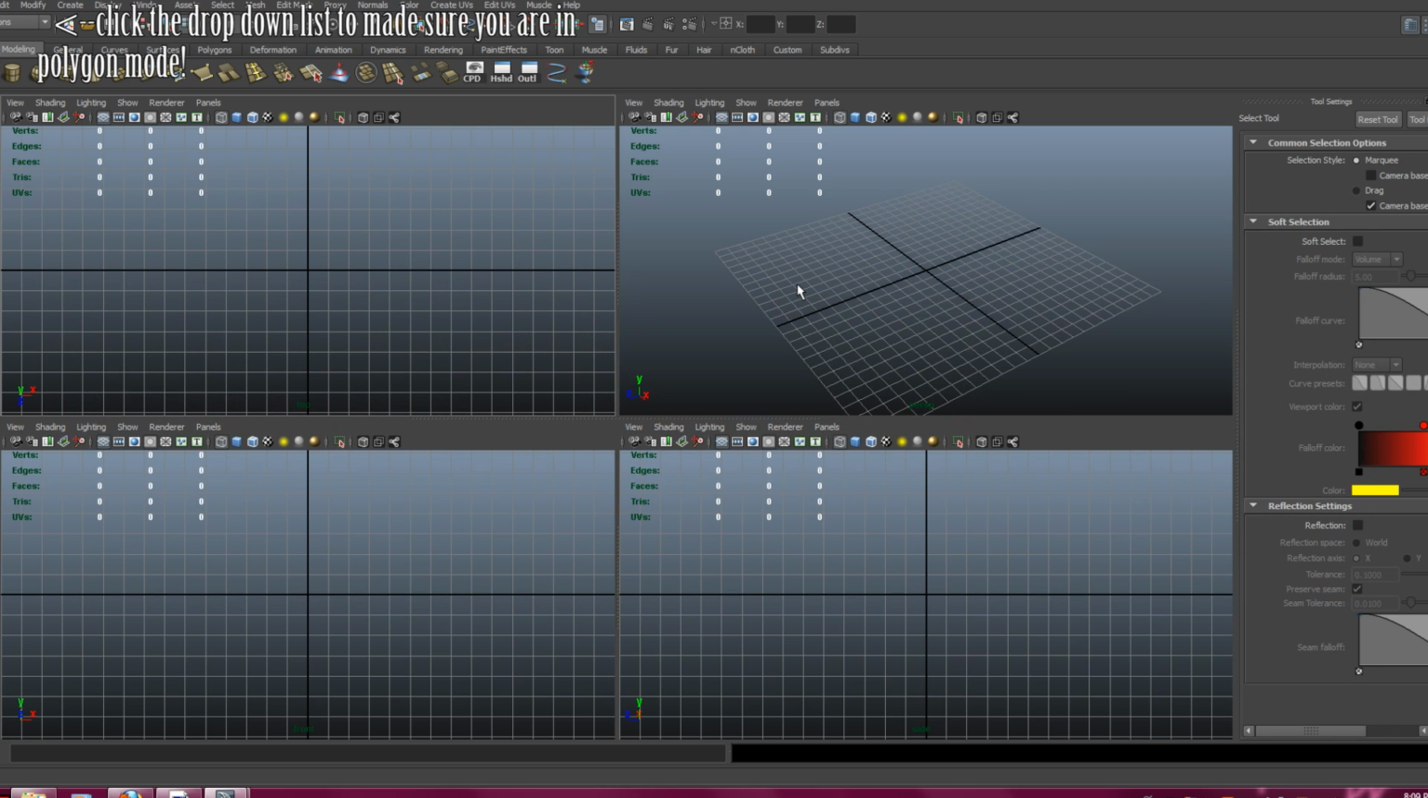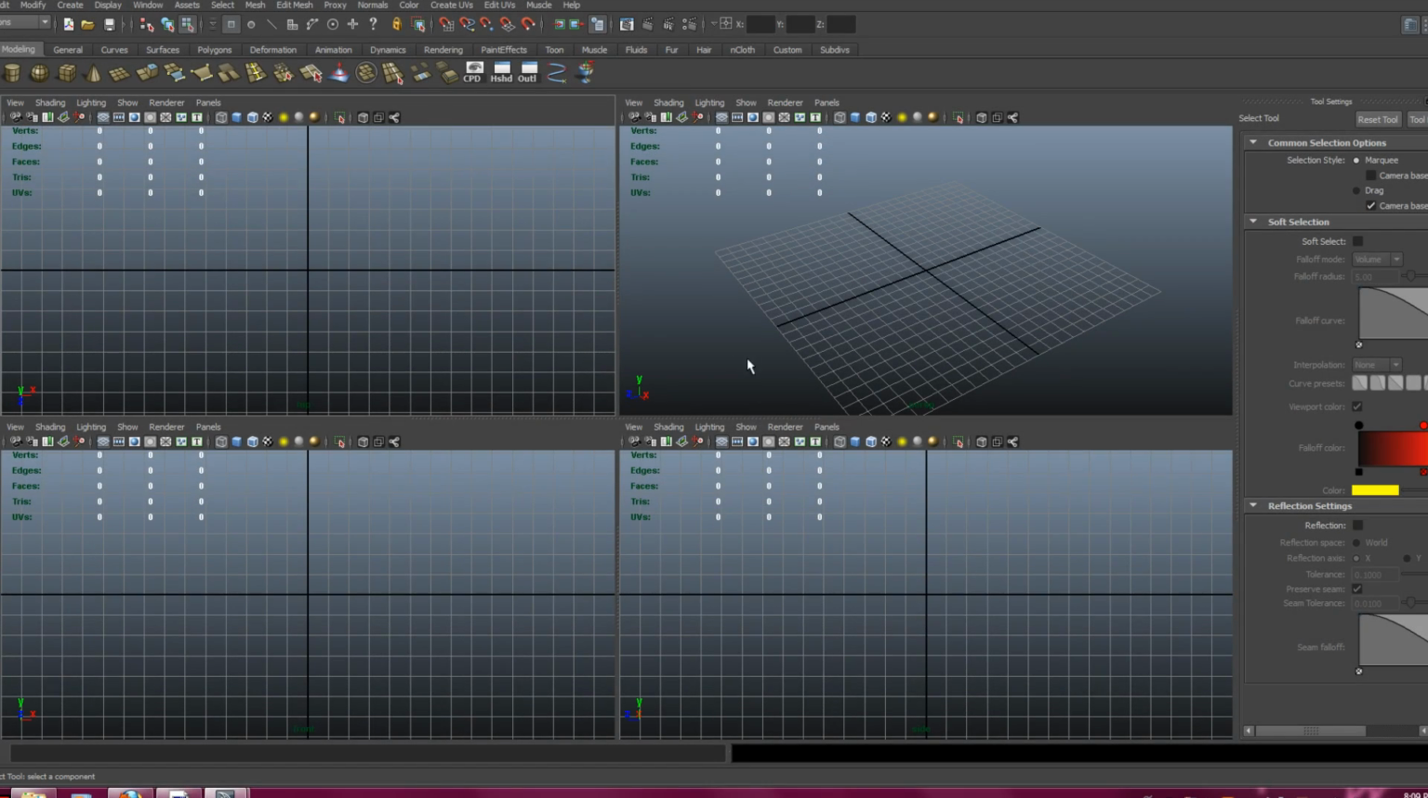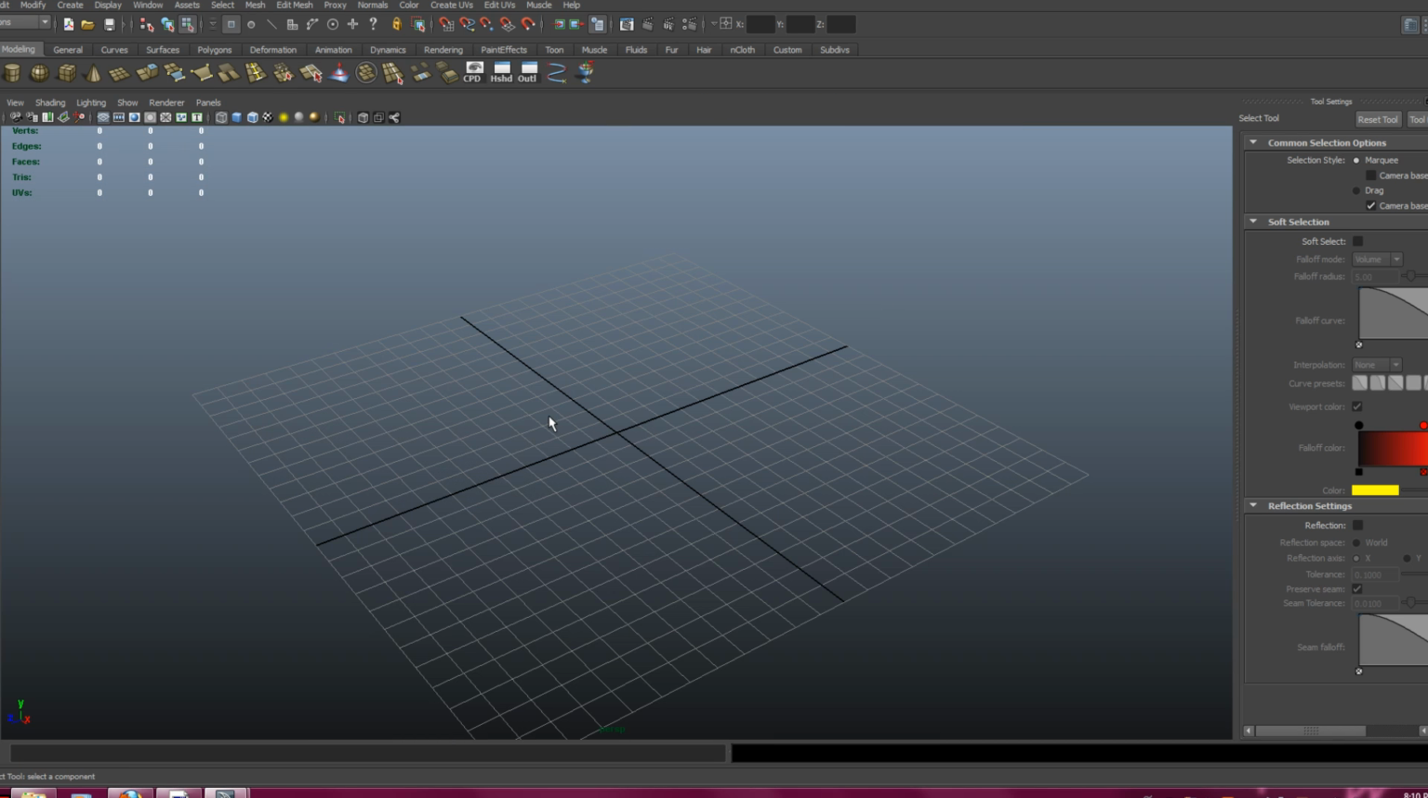Hey there, we're gonna be doing some basic modeling. We're gonna be using some basic tools as scale, rotation, and move, and using our selection. And right now we're gonna look at our 4 viewports. To enter a viewport, we're gonna press the spacebar. And right now we're gonna enter our perspective viewport, and we're gonna get ready to create our object, and we're